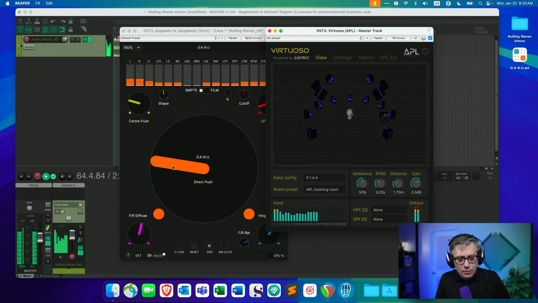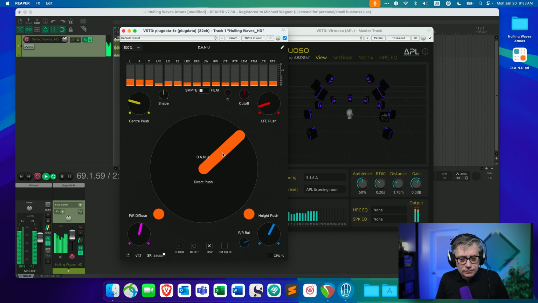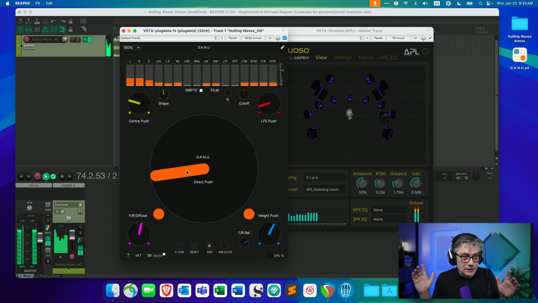I can change how much information is sent into the surrounding channels by changing the direct push. Now, in order to hear better what's happening here, I probably need to look to the side.